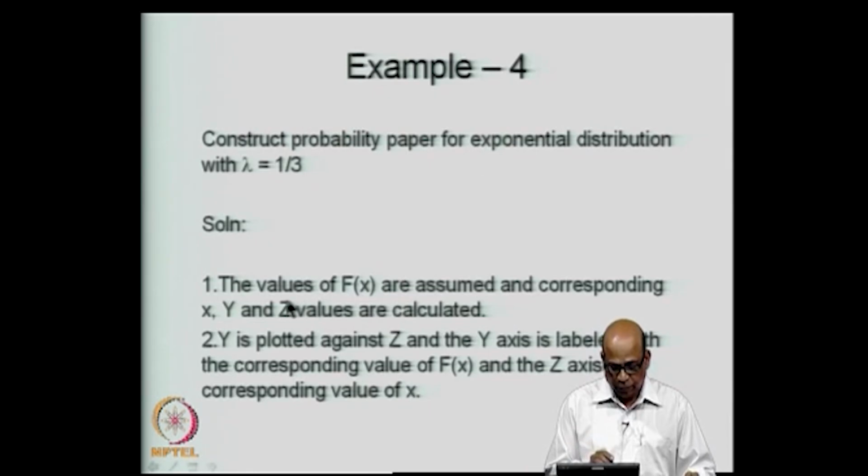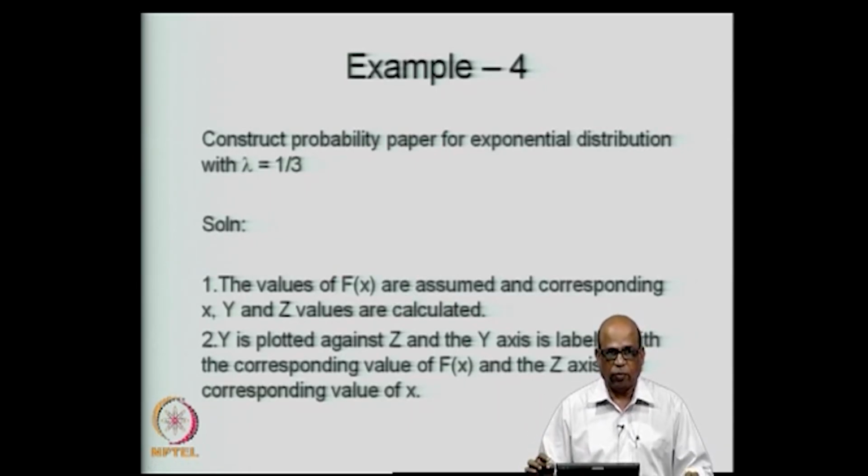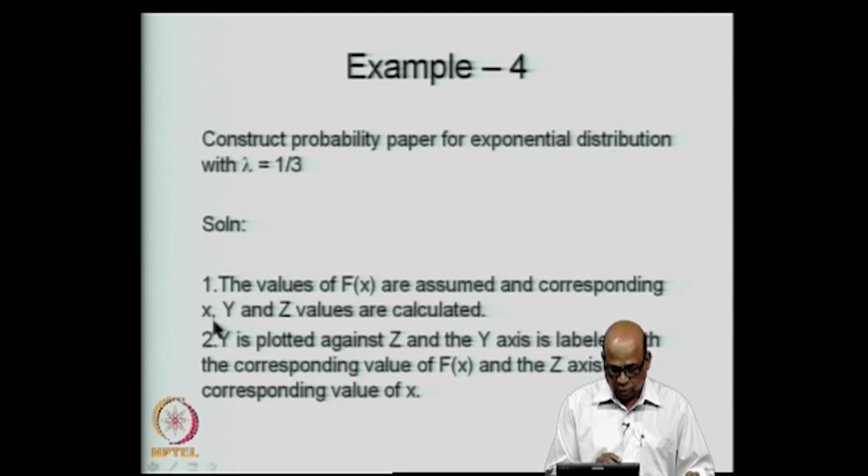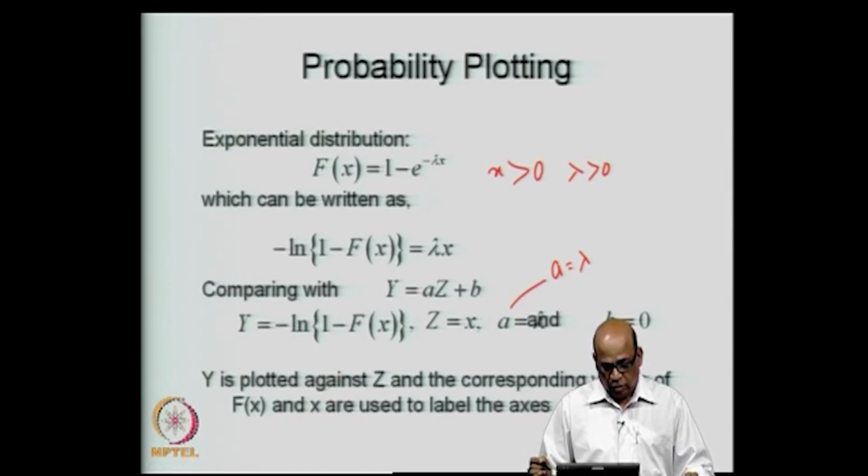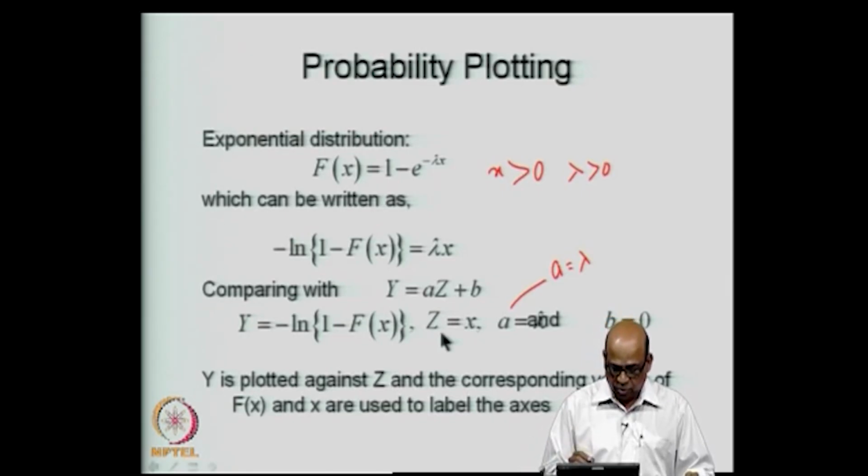So, we start with some values of f of x. We assume values of f of x vary from 0 to 1. So, you assume convenient values of f of x and then calculate corresponding values of x, y and z. X you can calculate because it is an exponential distribution, it is invertible, therefore, given f of x you can calculate x, and z you can calculate because z is equal to x, and y you can calculate because you are fixing the value of f of x. So, fix a value of f of x, get x, y and z, and once you get y and z,